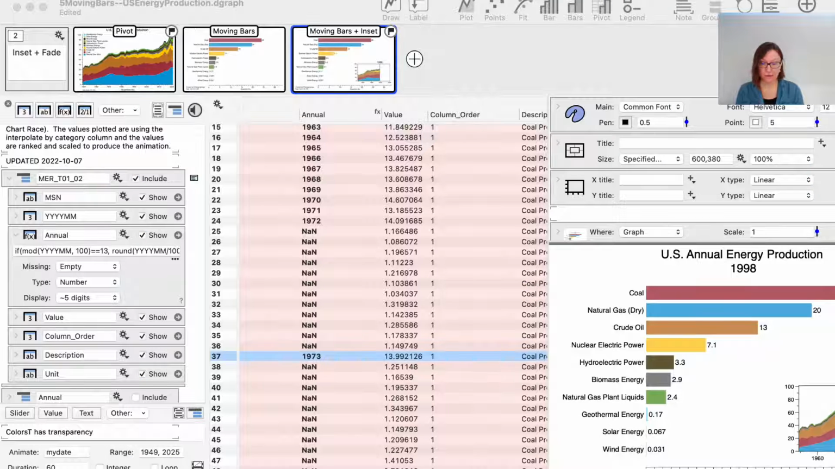And anyway, like I said, next week we're going to really delve into the animation with the Gapminder, show you exactly how to do that. So if you're interested in that,